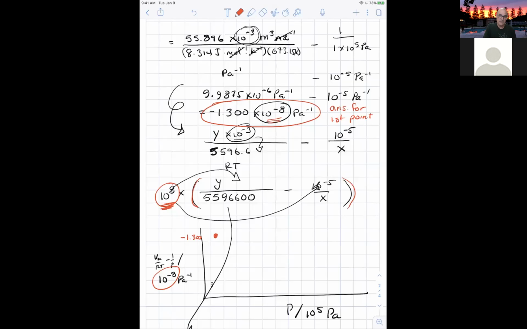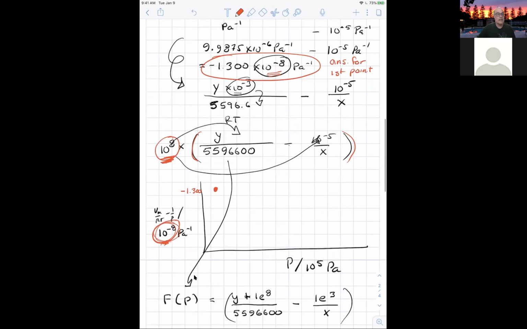And then you made that clear in the axis title, right? By adding the 10 to negative 8. Yeah. So I'm telling people what I did, because they're going to go home and do the same experiment. And they're going to say, why did we get minus 1.3 times 10 to the minus 8? And then they say, oh, it says it right here. Okay. So let's go back to Grace and see if we can figure out how to tell Grace